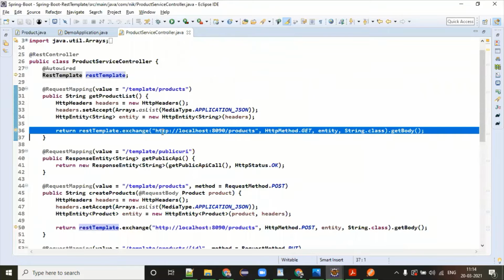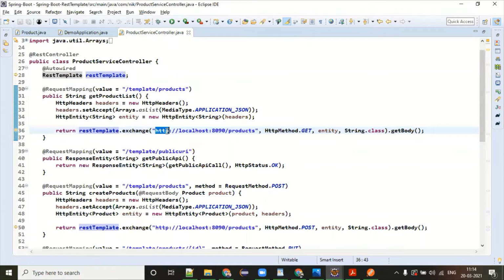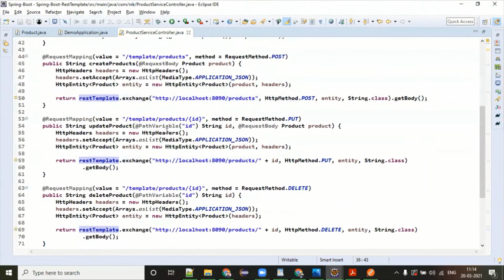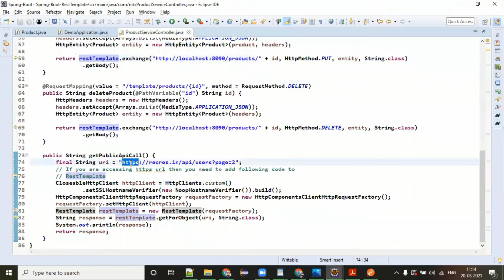The URL is the same. The only thing you have to notice is this is HTTP, which is not secure. But here it is HTTPS. And that is the reason I have given this example. So when it is HTTPS, you know that this is secure. To access this page, you have to do some additional configuration because somebody is using SSL enabled for their website, and an SSL enabled website can be accessed by these two configurations.